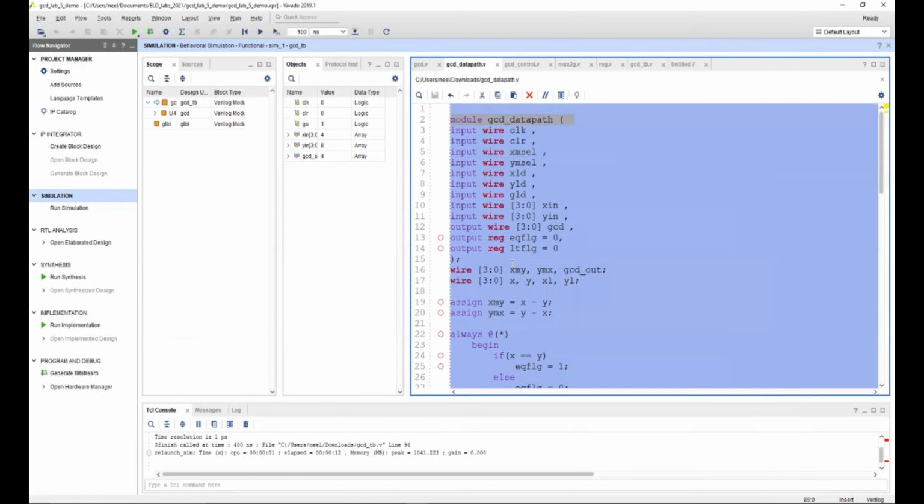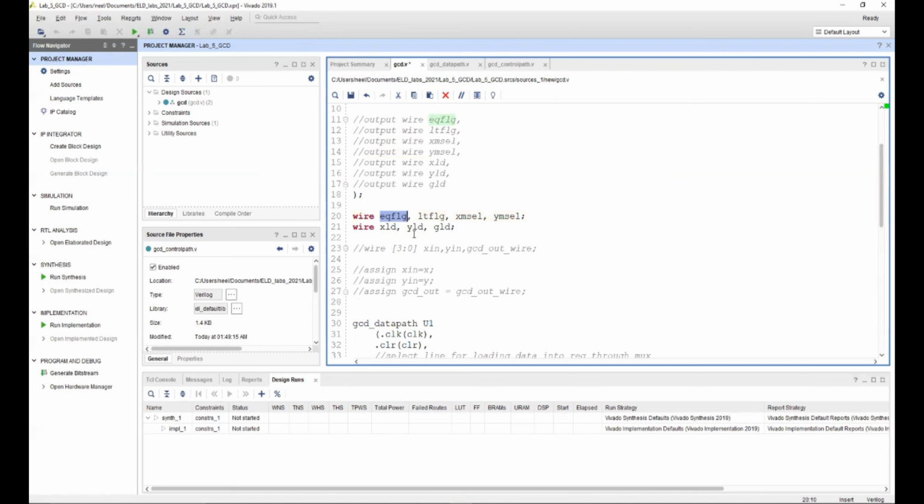First, the equal flag. The equal flag tells us when to terminate the loop. Once we get the confirmation from the data path that this equal flag is 1 or 0, it determines whether we need to terminate the loop. If the equal flag is 1, it implies that x is equal to y, we need to terminate the loop, and we got the output. The flow of the data is from the data path to the control path. This is important for you to understand.